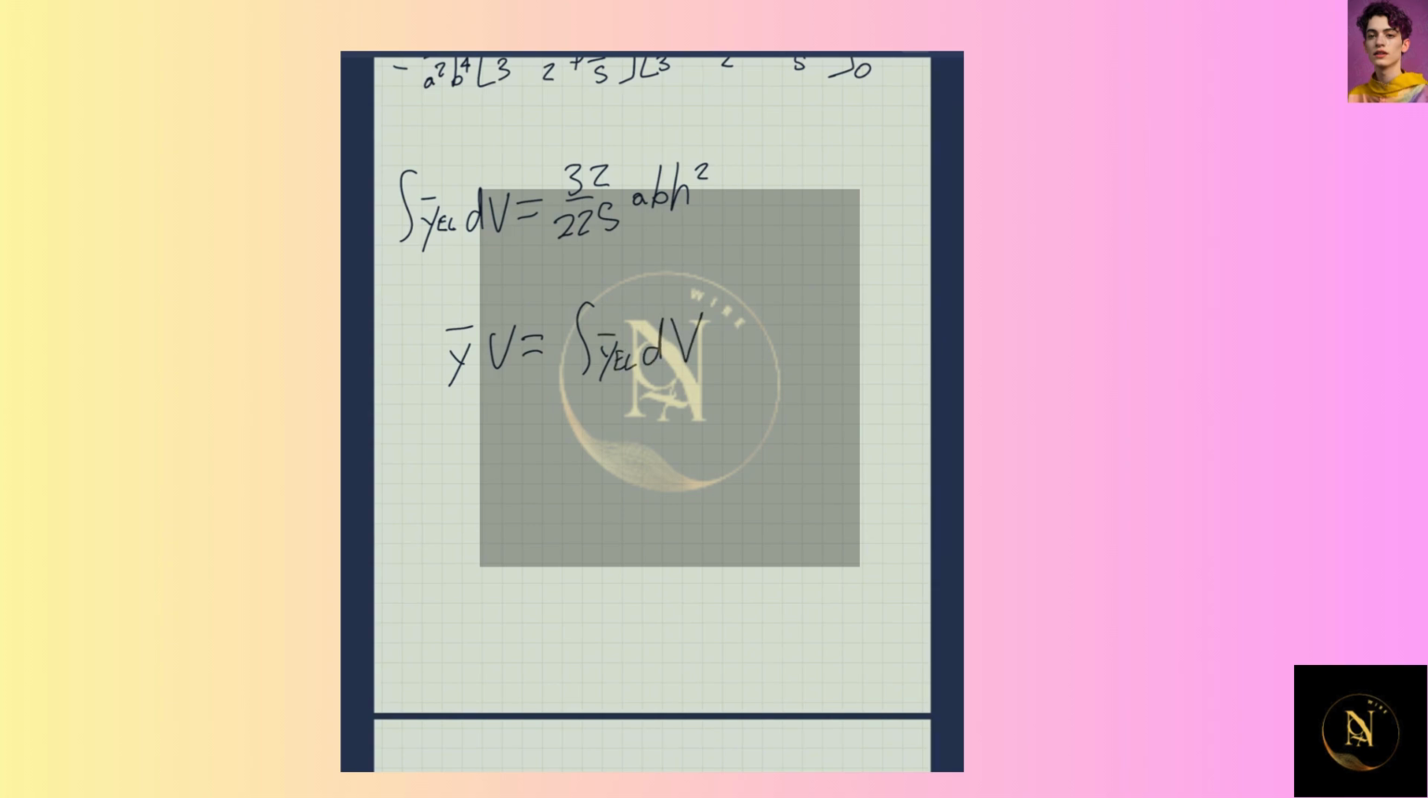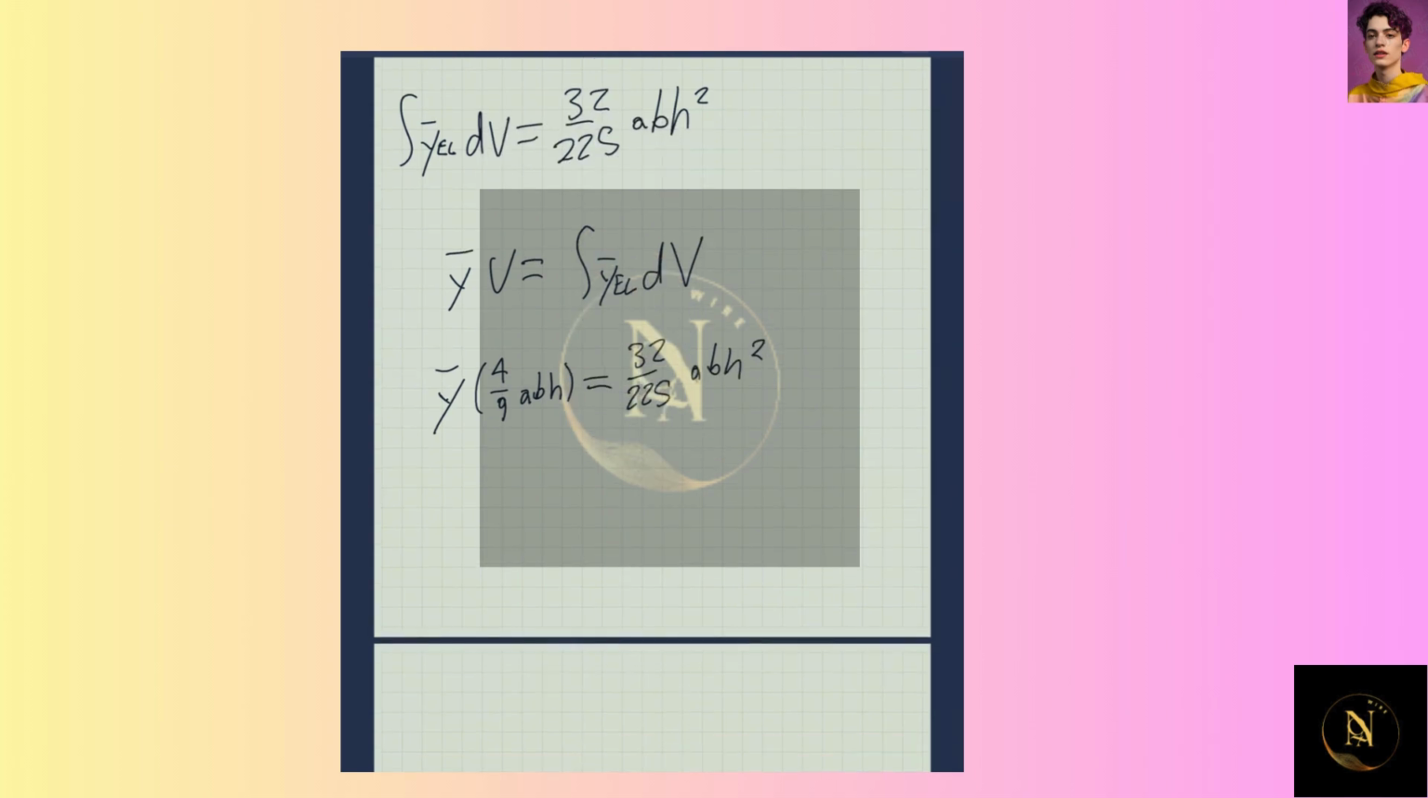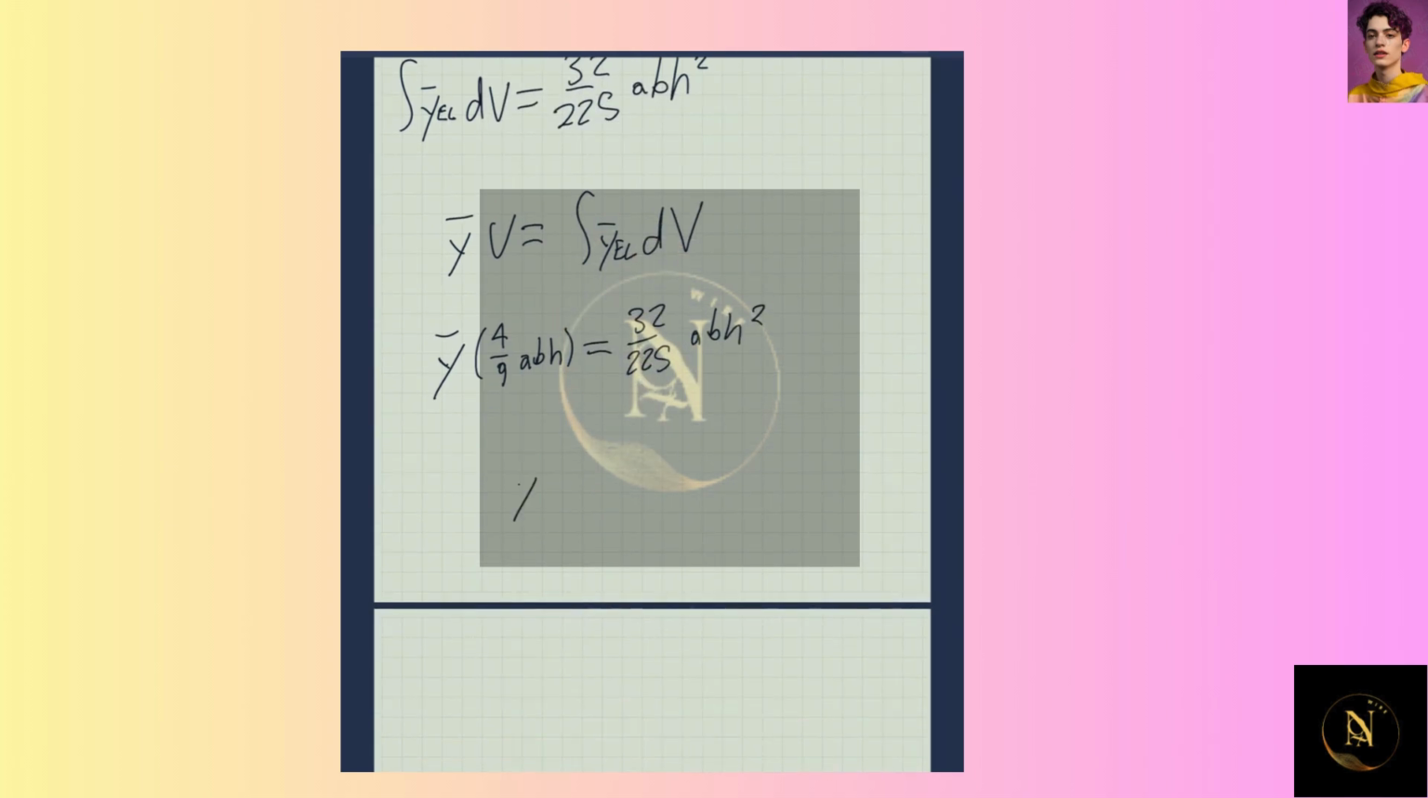And now we know enough to find the centroid by using the equation. The centroid times the volume is equal to the integral of the centroid of the differential element. We can plug in the volume we found first, which is 4/9 a b h, set equal to the right side, which is 32 over 225 a b h squared. And solving for the centroid,